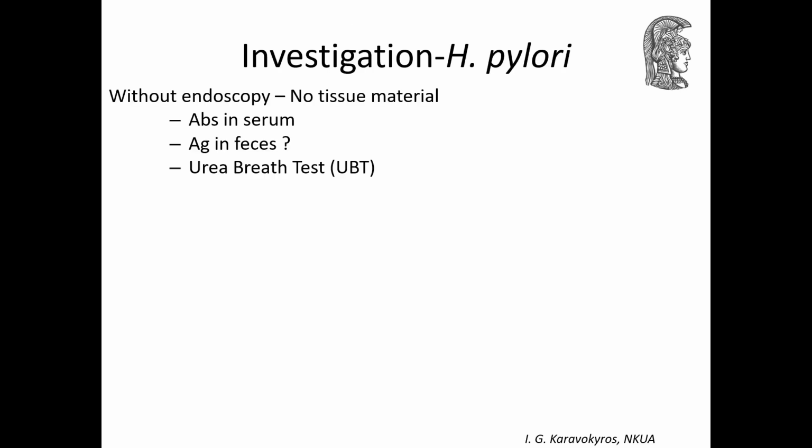Investigation for Helicobacter pylori infection is mandatory. When there is no tissue material, Helicobacter infection can be evidenced indirectly by antibodies against Helicobacter in serum, or antigens of Helicobacter in feces. More widespread is the determination of urea in exhaled air, the breath test. The patient drinks a solution of urea labeled with radioactive carbon. If there is Helicobacter and urease in the stomach, the breakdown of urea will lead to exhalation of radioactive carbon